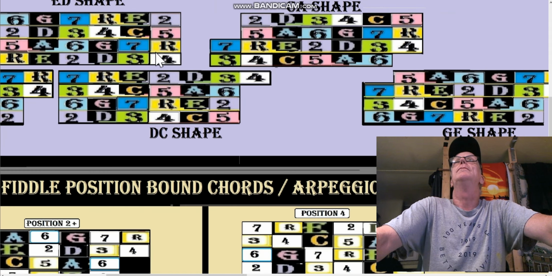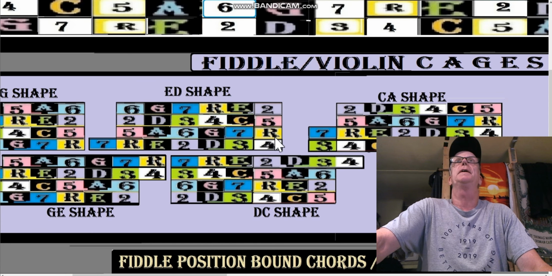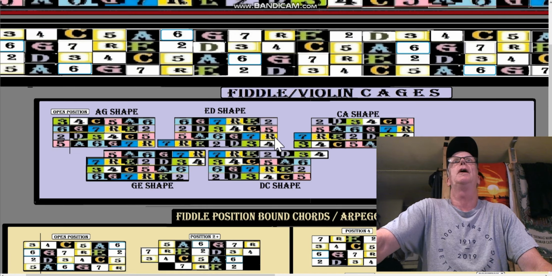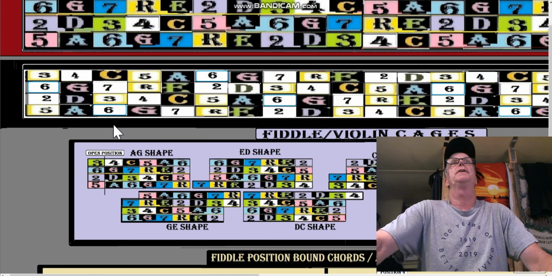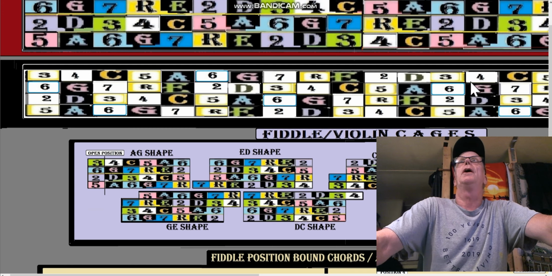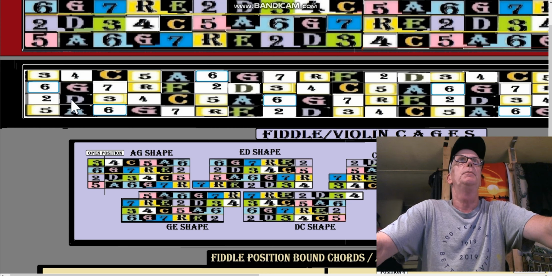Now, this chart was edited since I did a little lesson involving this chart. Now over here, you see the yellow notes? Those are the major, the C major triad. Let's just call it C for now. So the 5 would be a G, the 2 would be a D, but don't take it strictly that